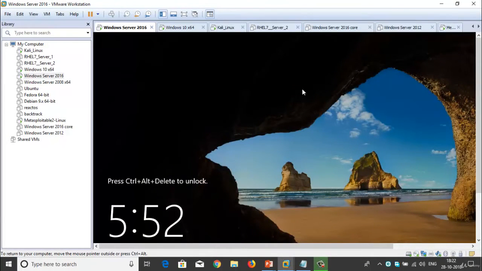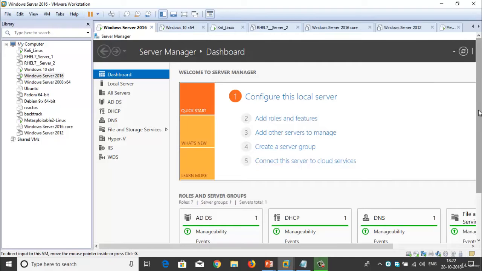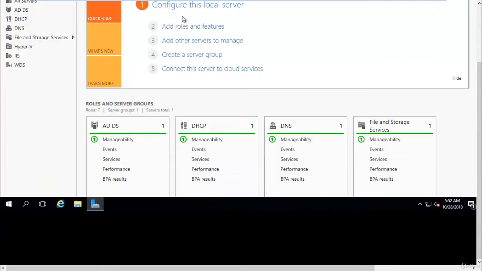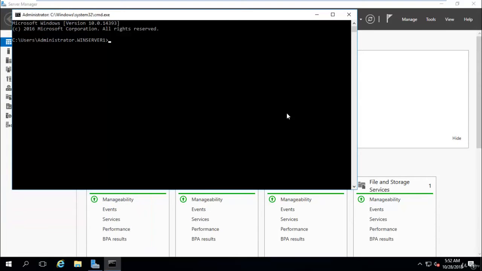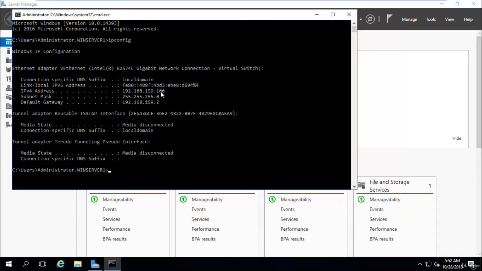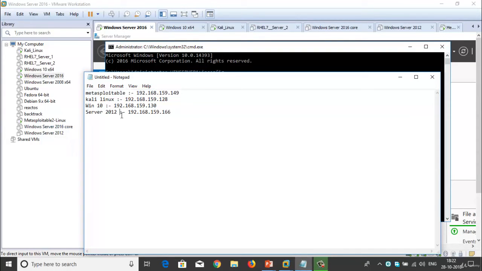Press Ctrl Alt Insert to log in to this operating system and give the password of the administrator. Here you can see the IP address by opening CMD and giving the command ipconfig. Here you can see the IP address ends in 166. So the 2016 server has IP address 166.